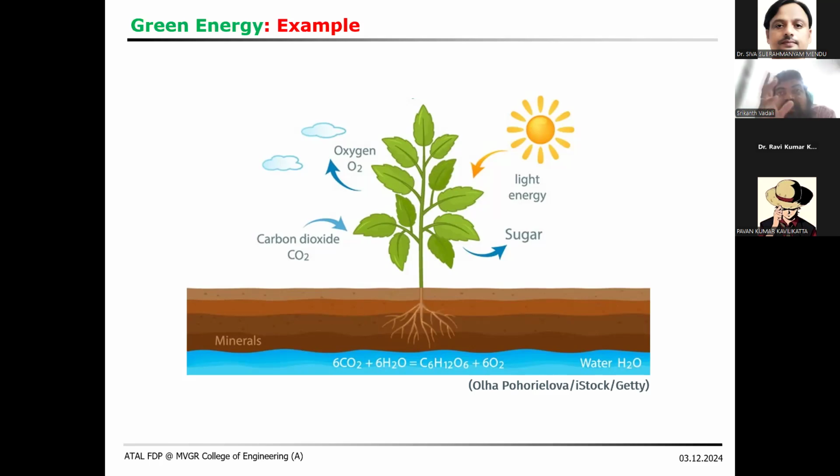Photosynthesis is a technology, but it is a technology run by nature, not by humans. So we humans, even after so many years, could not actually replicate photosynthesis. Artificial photosynthesis, you might have heard about it, is not even 10%, not even 20% of the ideal photosynthesis that takes place in nature. Okay, this is the only example. It is clean because it's solar, renewable because it is light, which is always available, and then green because it is not harming the environment.